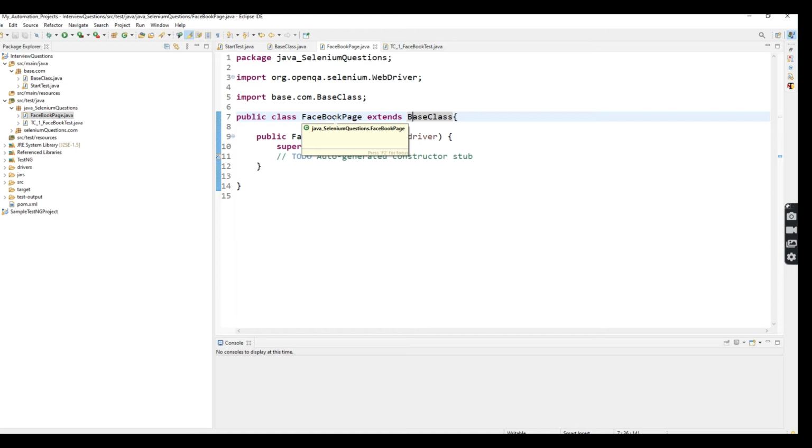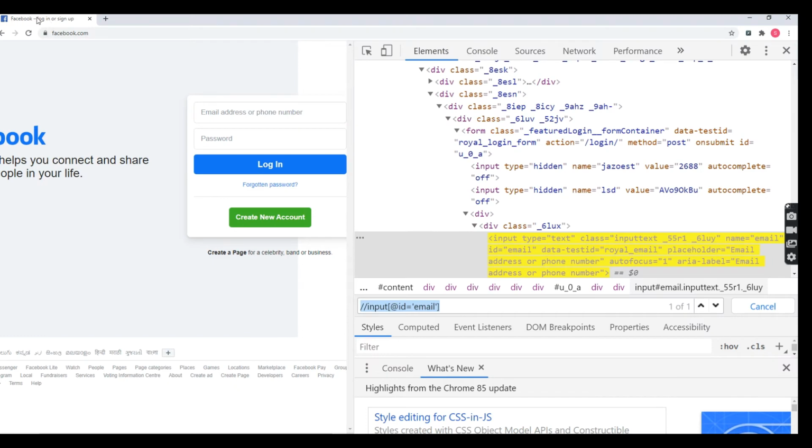For example, home page, dashboard page, and registration page. Like that, you can create different class files and different packages. Okay. So inside Facebook, I'm going to perform: enter the email ID, enter the password. So these are the two steps, and also click on the login button. These three steps I'm going to perform inside the Facebook page.